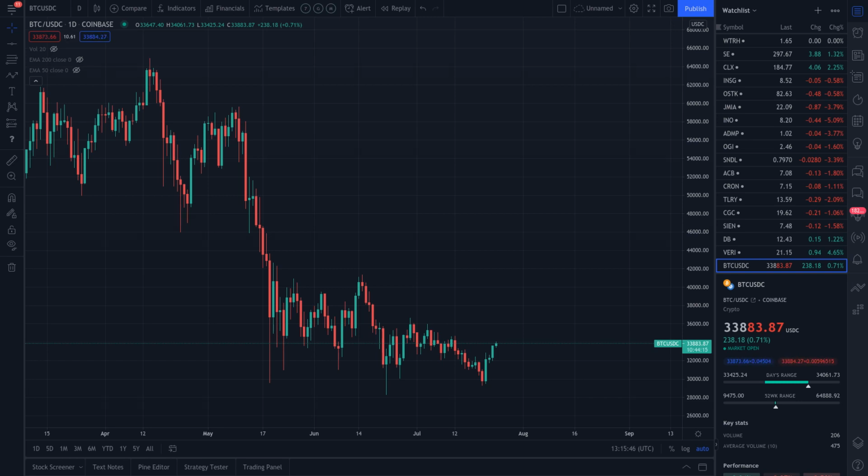Bitcoin is just at that 618 level on the Fibonacci retracement. If you have no clue what I'm talking about, I'm going to leave a link for you in the video right now. Watch that, come back, and what we're going to do is explore the 50 exponential moving average, the 200. We're also going to pull up the exponential moving average ribbons.